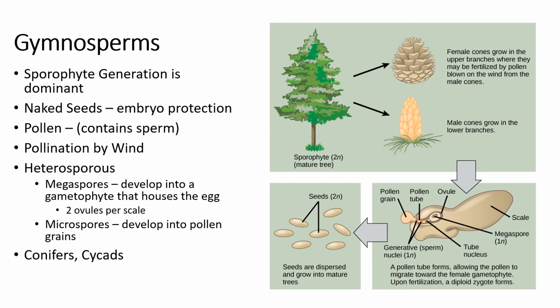Eventually, when that happens, you have the embryo, which is just the fusion of the egg and sperm, but you also have the protection there by the female gametophyte, which makes up part of the seed. Now, especially in a pine tree, this process can take quite a long time, up to 2 years, once the pollen grain has landed on the female cone. And as I mentioned,